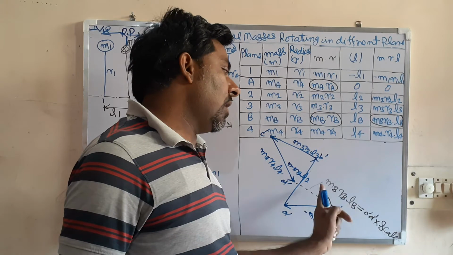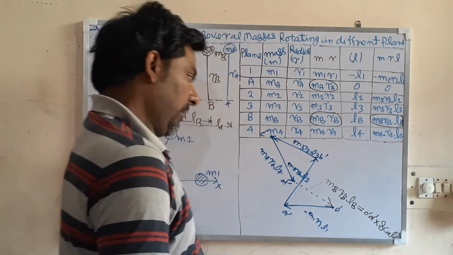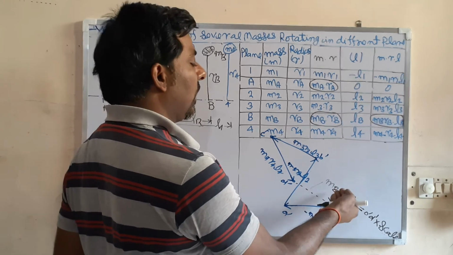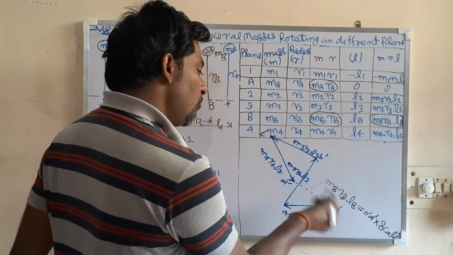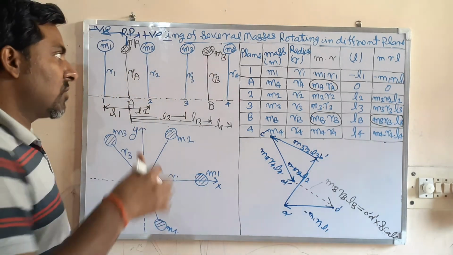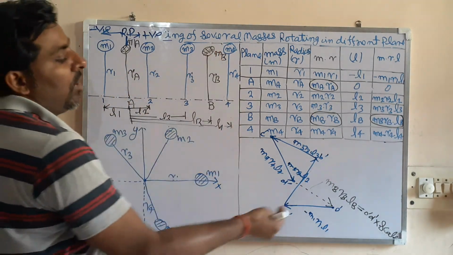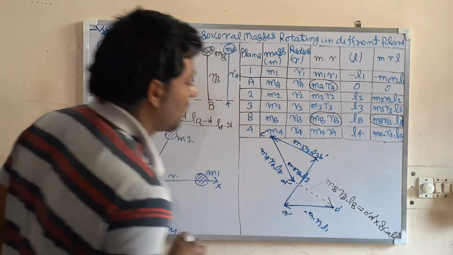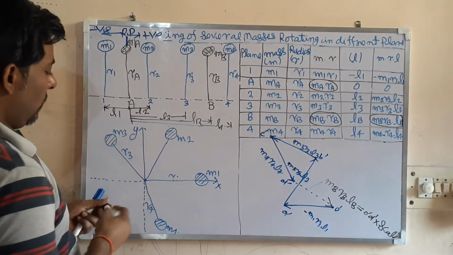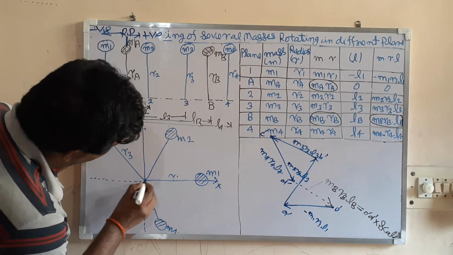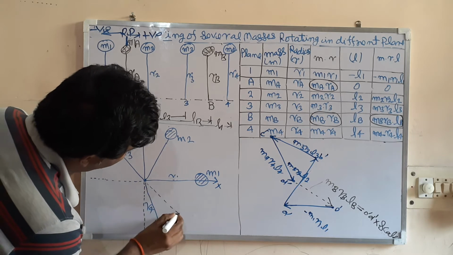So from here, one of the unknowns can be cleared. One of the magnitudes you can get, some will be given, and one you can get from here. And also you are getting the direction of this B. Where will be the balancing mass? What will be the angular position of B? So the direction of balancing mass MB is in this direction. So here you draw a line which is parallel to this line.